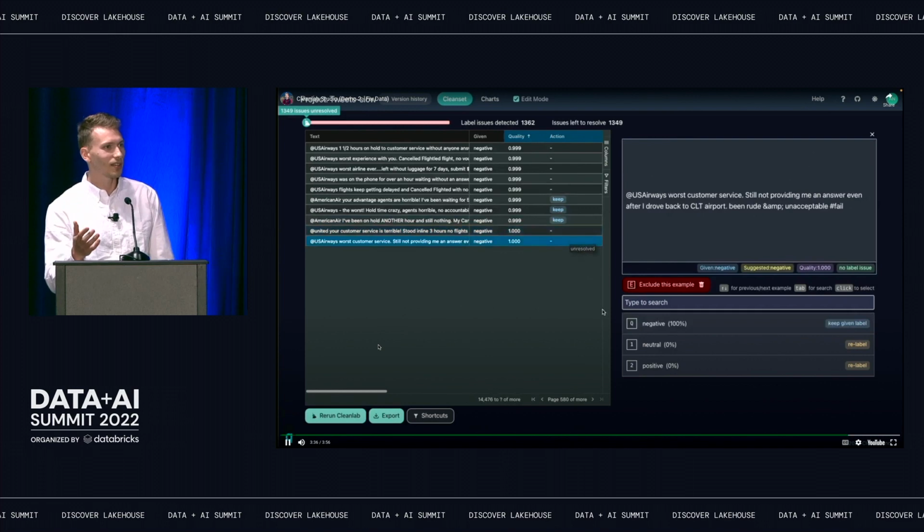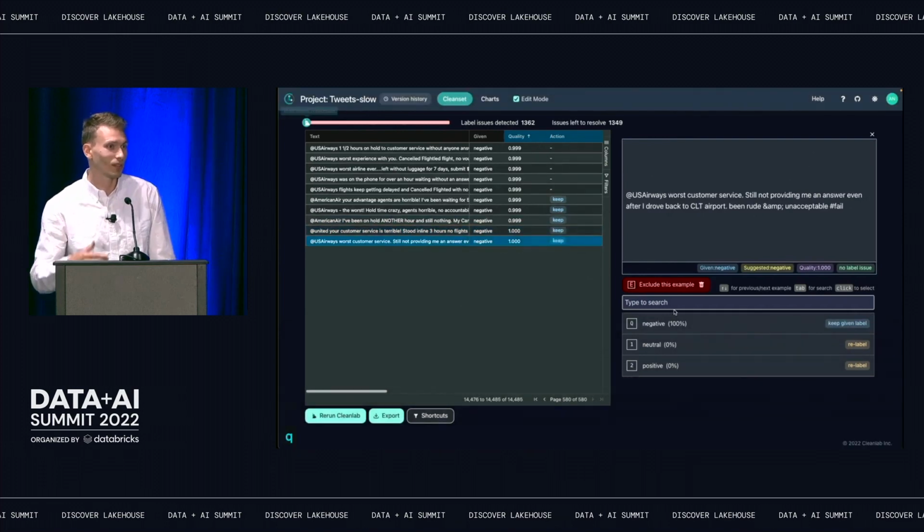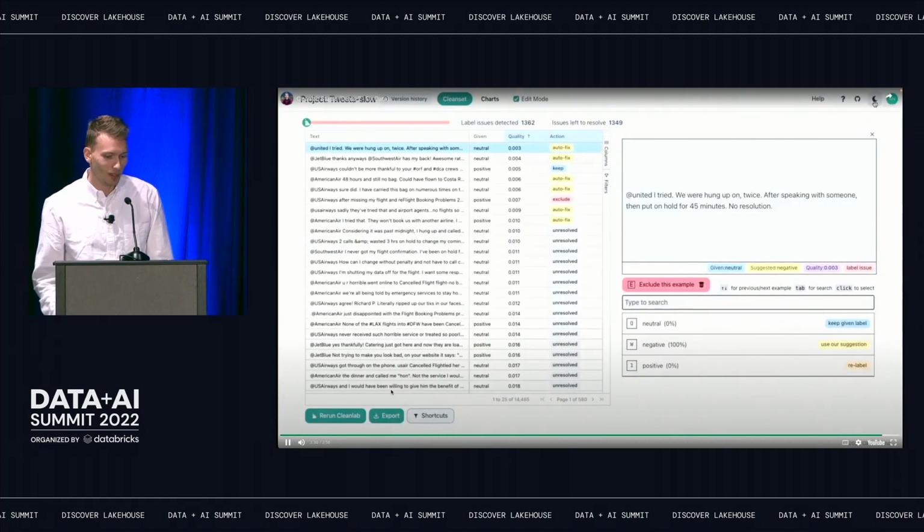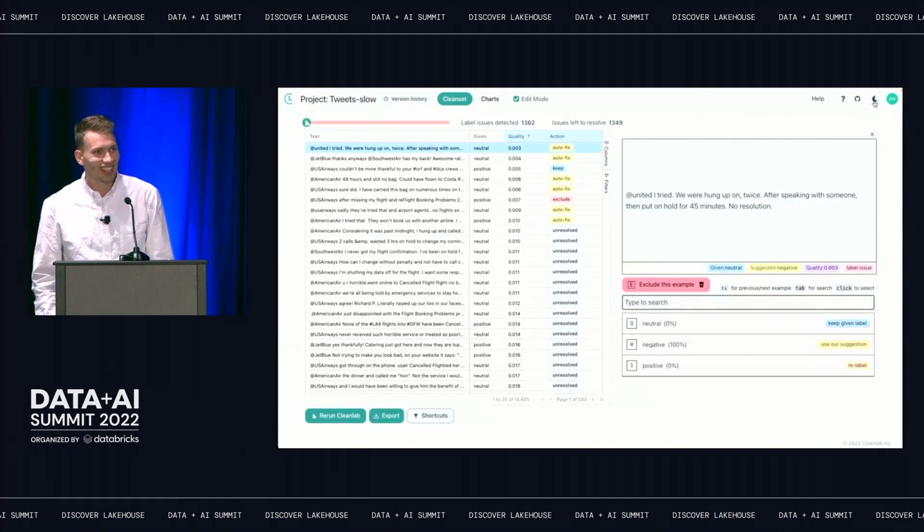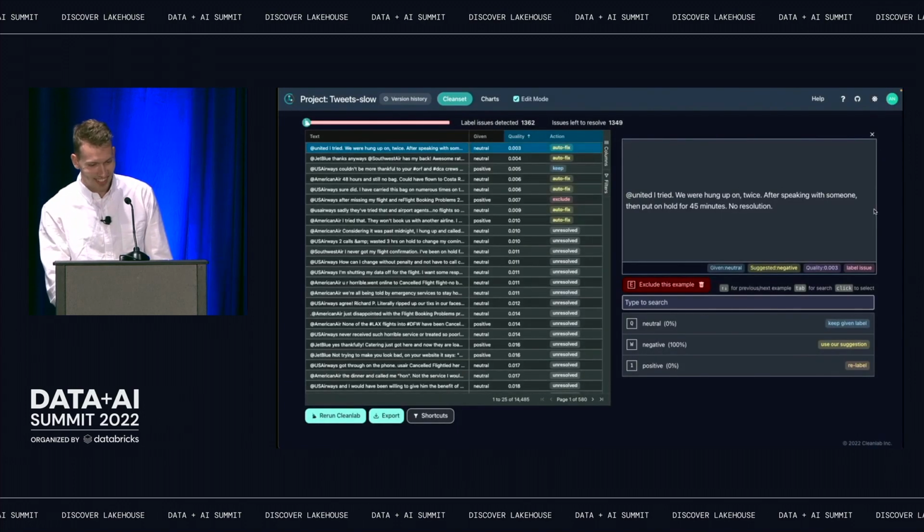Once you've made it more accurate, then you can train on the more accurate data, and we'll give you even better quality scores. So you can do it iteratively within the app, or you can just export your data, dump it back to Databricks or as a CSV. So that's how we do it, automated with no code, and that's Cleanlab Studio. I hope that was interesting to you guys.